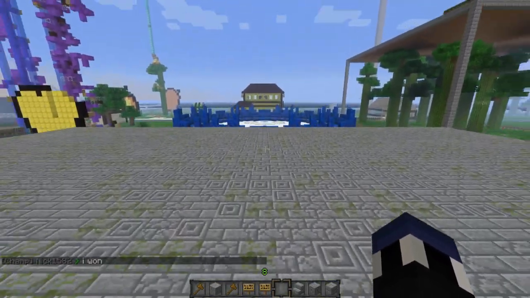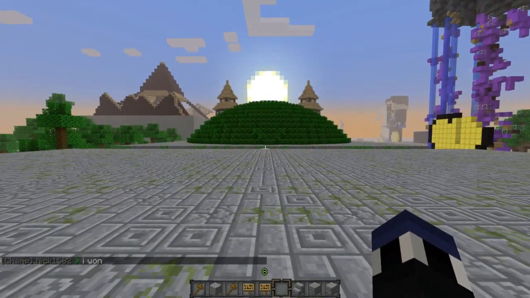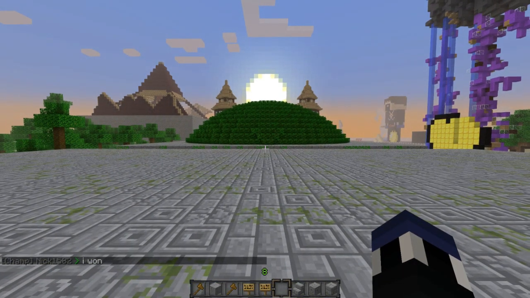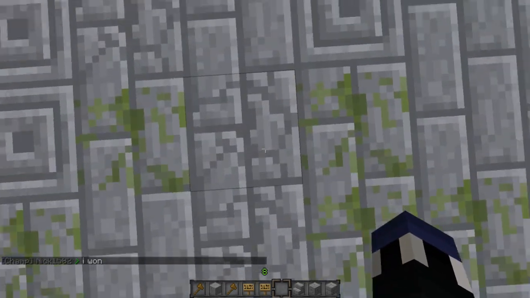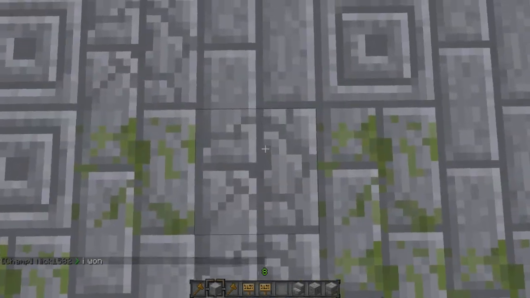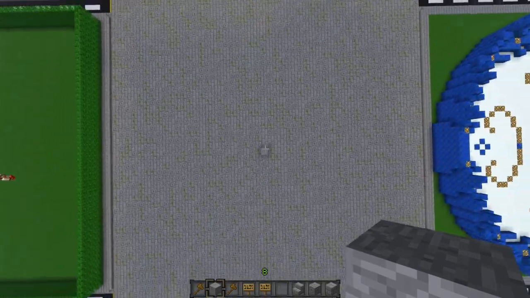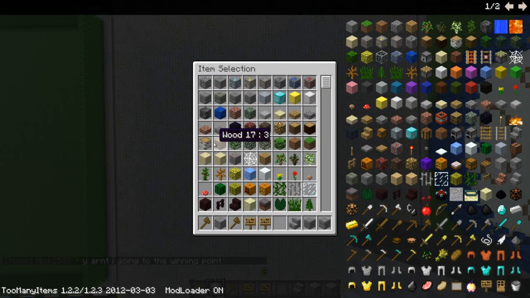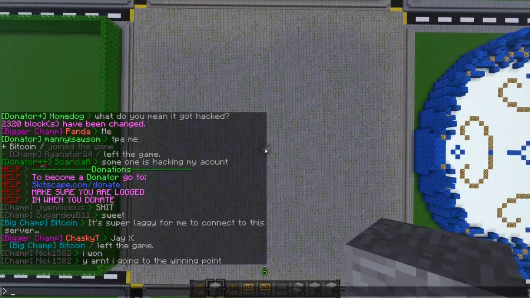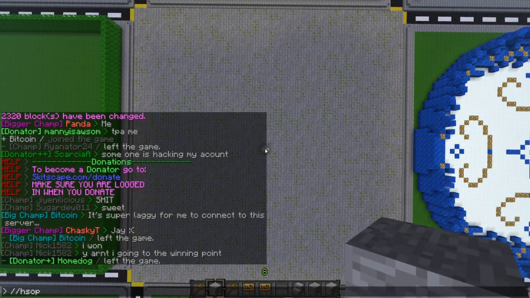I can approximate the center being, I believe, right here. I don't know. I think this is it. So I'm going to pretend that this is our center block right here. So now what I'm going to do is, let's see, what is the jungle tree? Jungle tree is 17:3. So I'm going to type in /h sphere